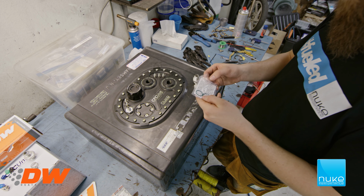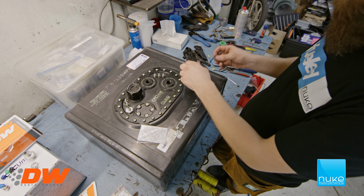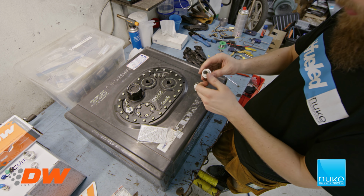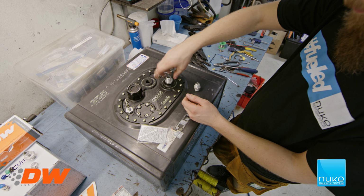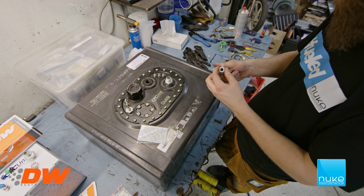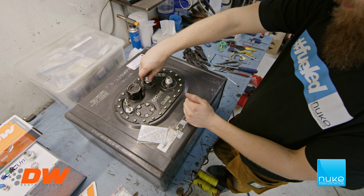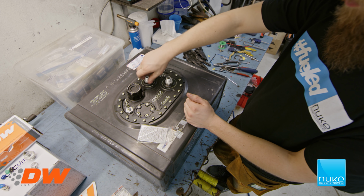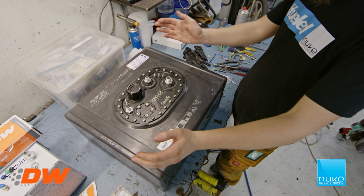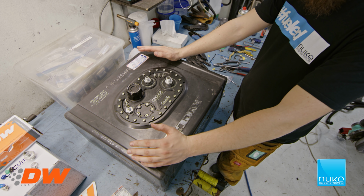So I'm gonna put this on. So these are supplied in the package as well. Just put them over here and put them in the machining there. And there we go. So that's how you install the CFC unit into an aftermarket fuel cell like this ATL